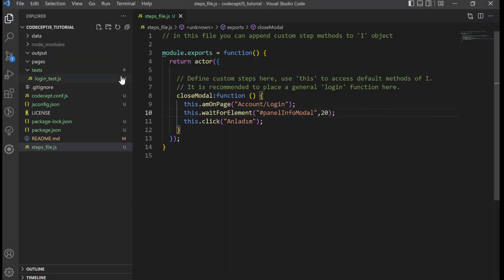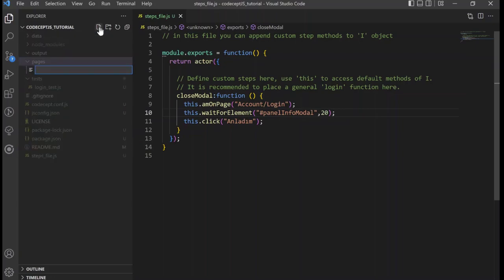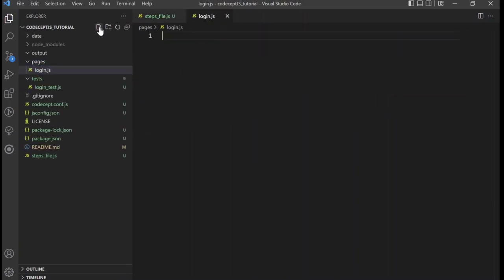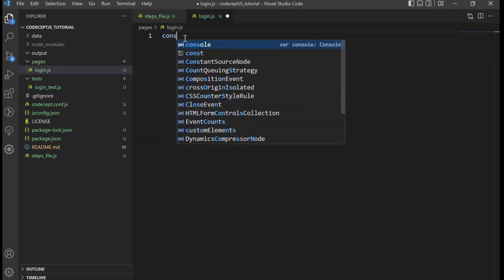Now we are going to add our first page object, and under that folder I am adding login.js. So firstly I'm going to inject I object to that file.